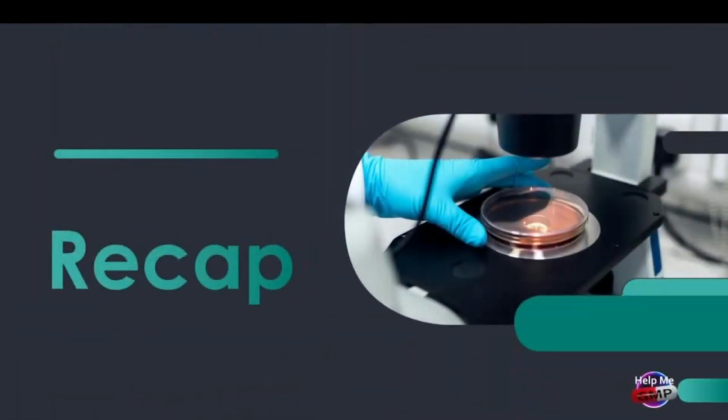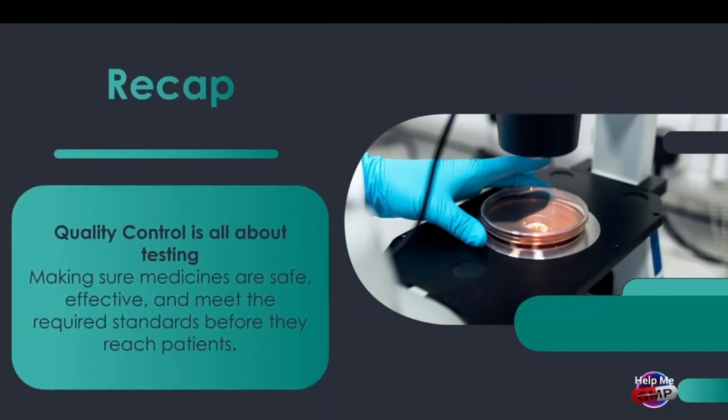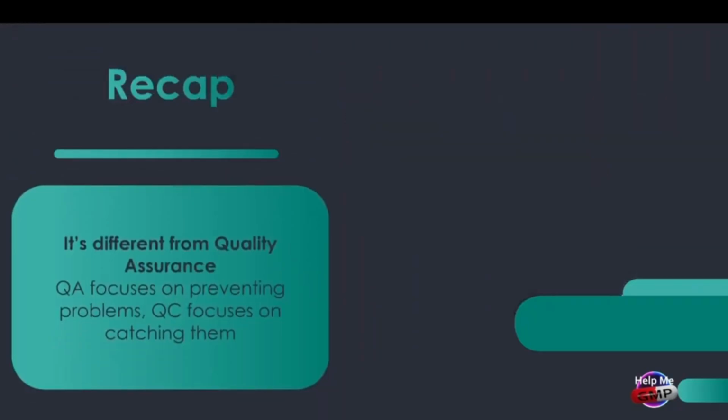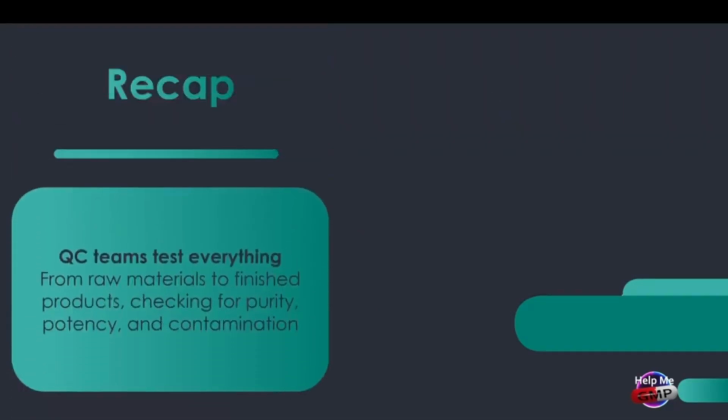Let's have a recap about what we've covered. Quality control is all about testing, making sure medicines are safe, effective, and meet the required standards before they reach patients. It's different from quality assurance. QA focuses on preventing problems. QC focuses on catching them. QC teams test everything from raw materials to finished products,